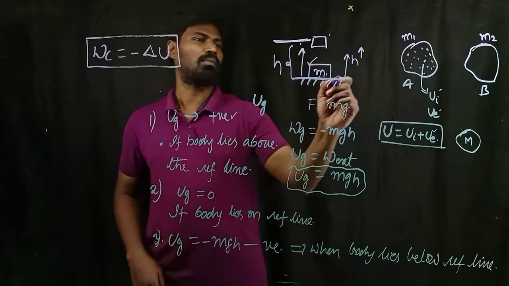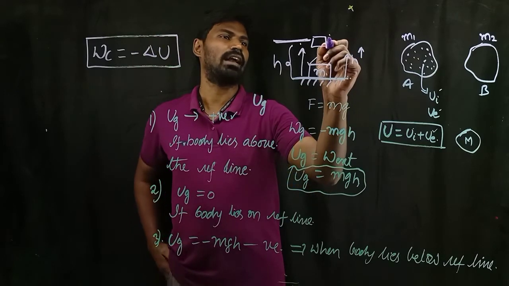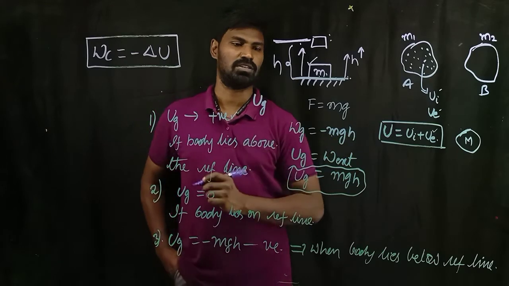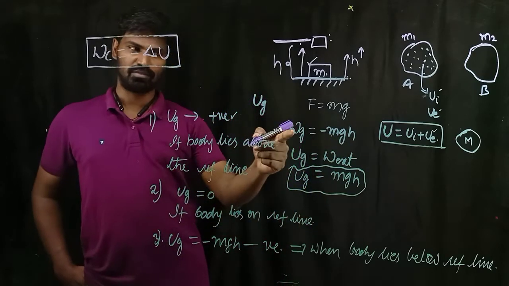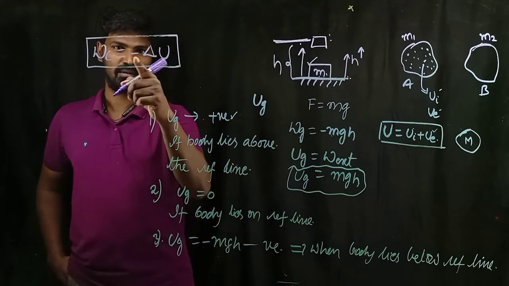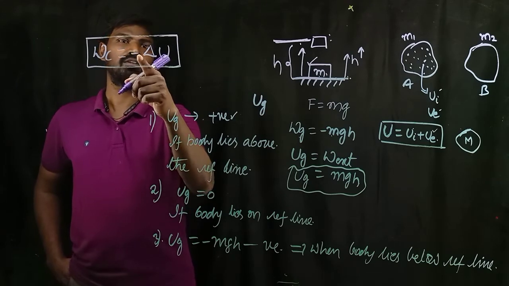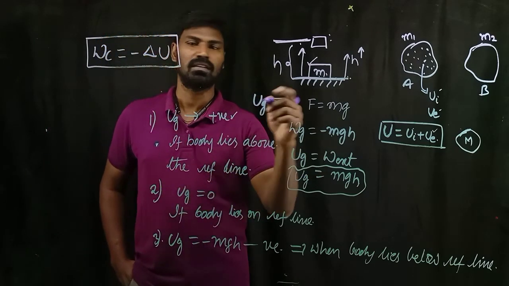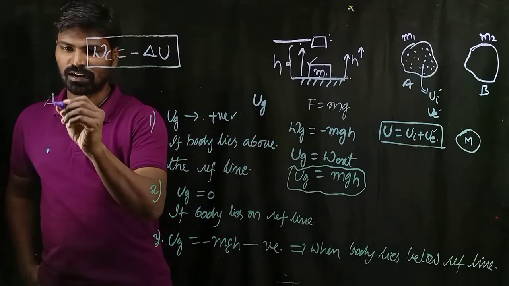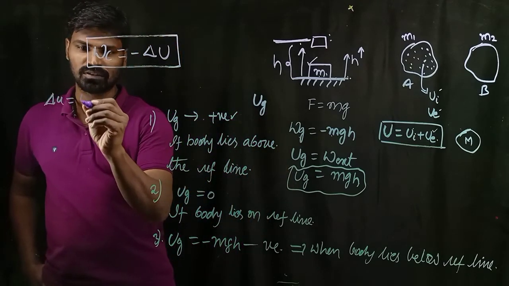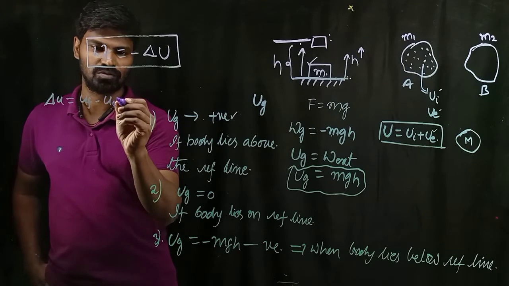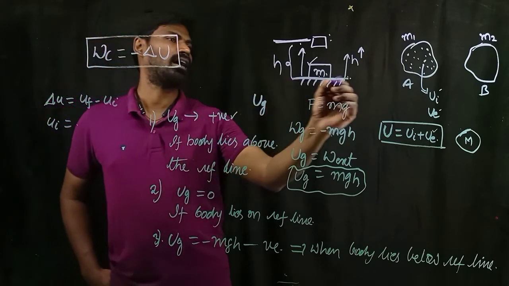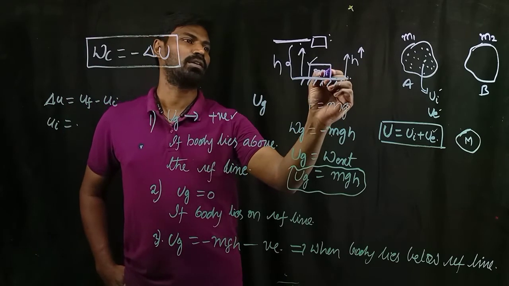So when I lifted the block from ground level to a height h, work done by gravity is minus mgh. Therefore gravitational force is a conservative force. Now I'm going to prove that negative of change in potential energy is also minus mgh. For that purpose, what is the change in potential energy? Delta U. Delta U is Uf minus Ui. What is Ui? Initial potential energy. When the body is lying on this reference line, initial potential energy is